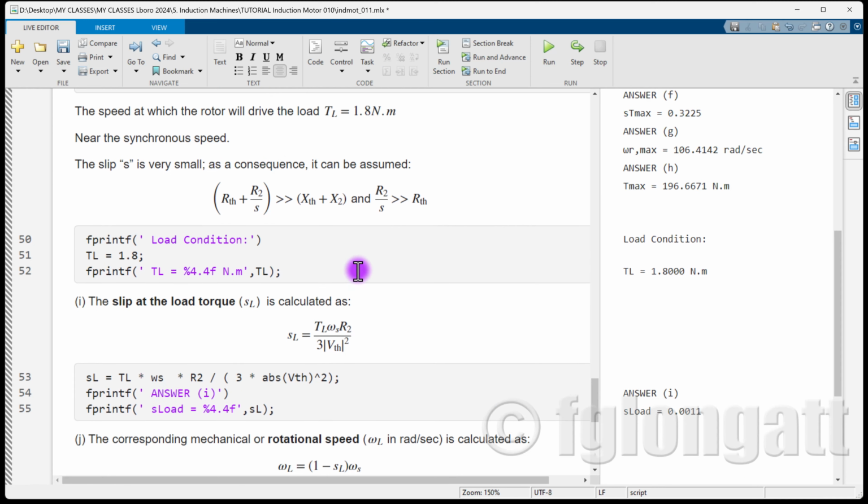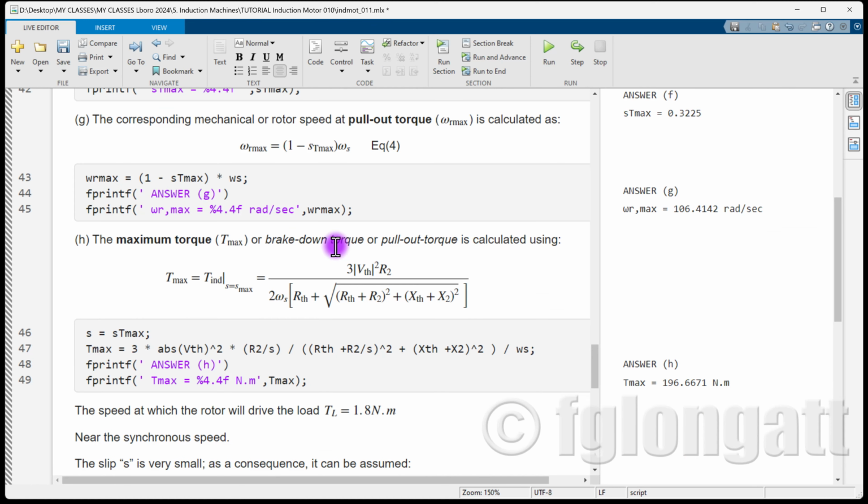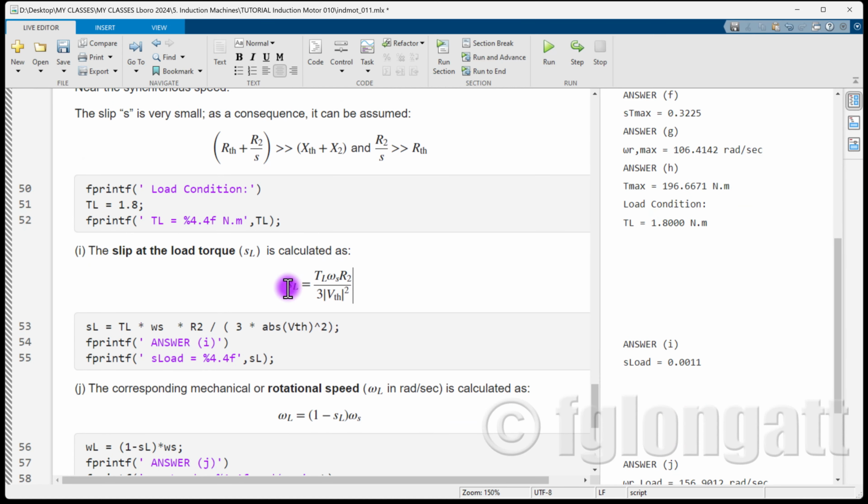So we can simplify a lot the equation, and this will be equation number 6. And that equation is basically telling you the value for the linearized model of the torque for this condition. And when you put the numbers over there, you can see that the slip is extremely small, is